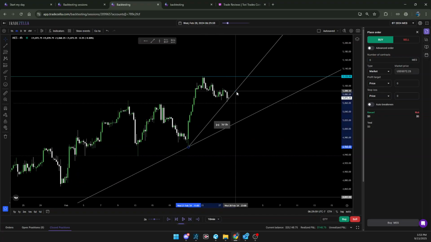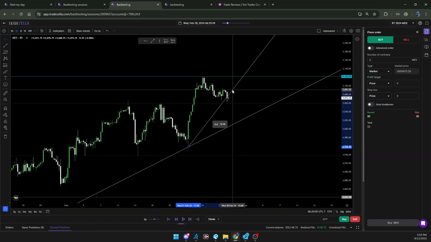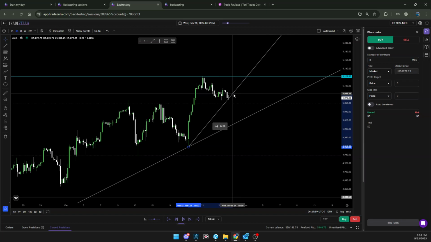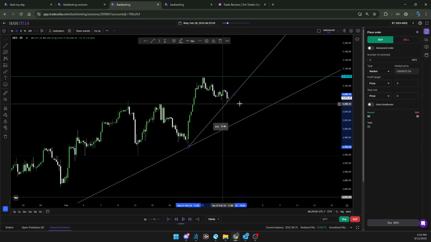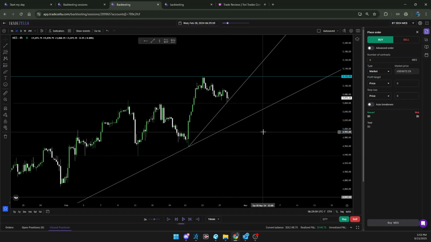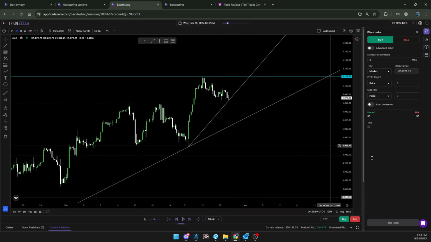I got a point B now. That was not a bad one there, but still a little too steep. I like this one because it's coming down to this jail line. So let's leave that. We'll leave that for today, and